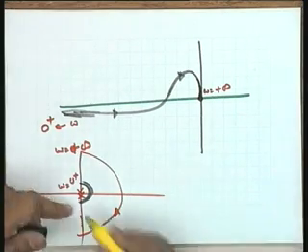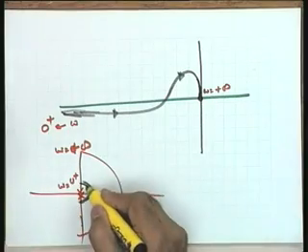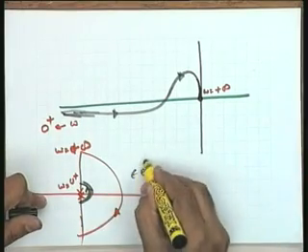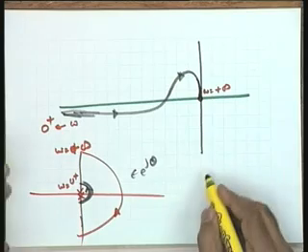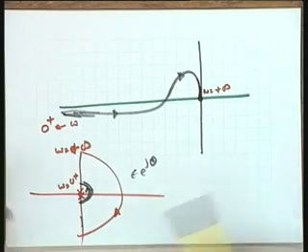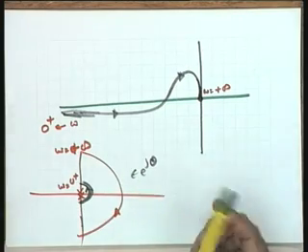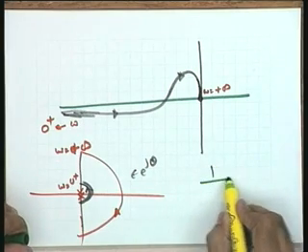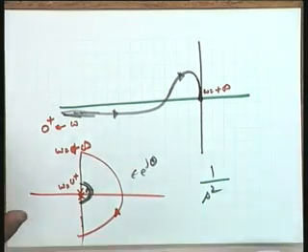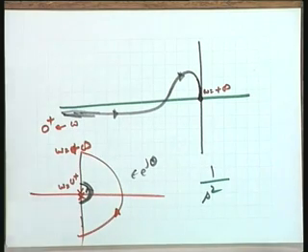Help me please, what is the mapping of this semicircle, epsilon e to the power of j theta? This should be clear from your G(s)H(s) function. I want to get one answer to proceed forward. What is the mapping? The magnitude is infinity, it's obvious. Okay, how about the angle? When epsilon tends to 0, the only thing is that 1 by s squared is the guiding factor. This is the only clue. All others you can neglect.